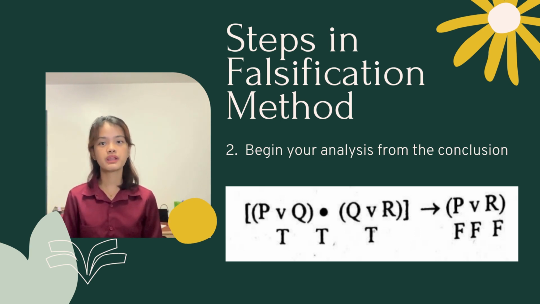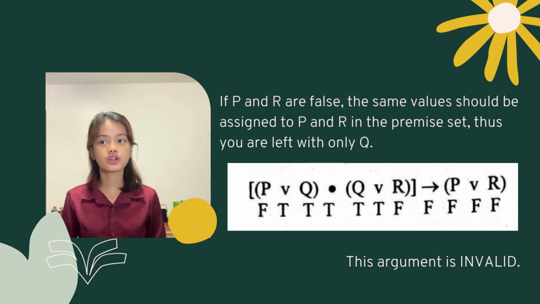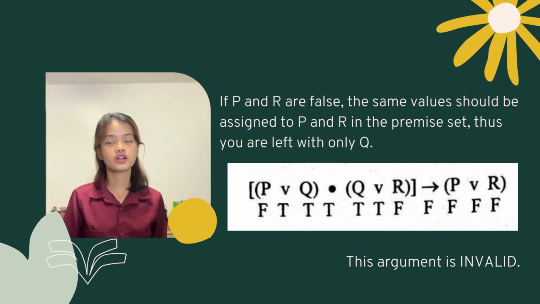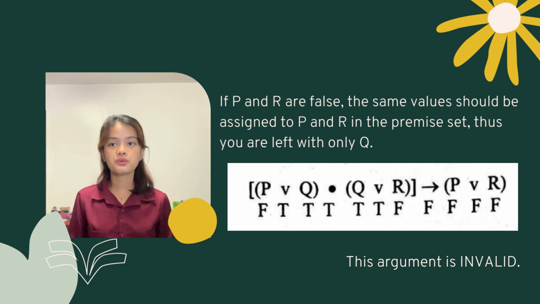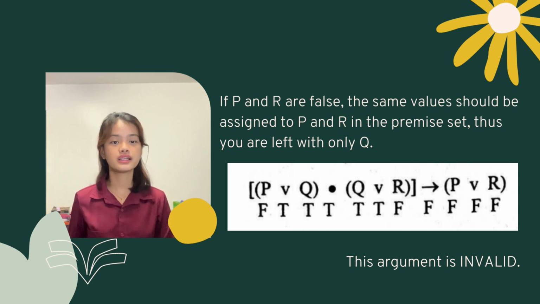So ayan, kung yung premise set is true, yung mga nasa bracket, then both true sila as labeled on the diagram flash on your screen. Kung both P and R ay false sa conclusion, then P and R is also false in the premise. Now, we have a row where the premise is true and the conclusion is false. Kasi nga, kung false yung P and R, same value should be assigned to the P and R sa premise